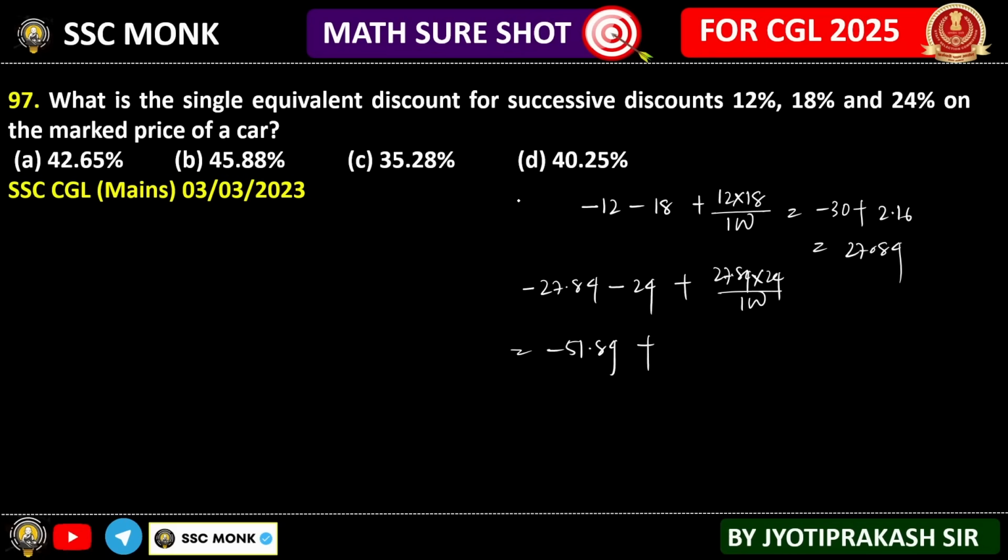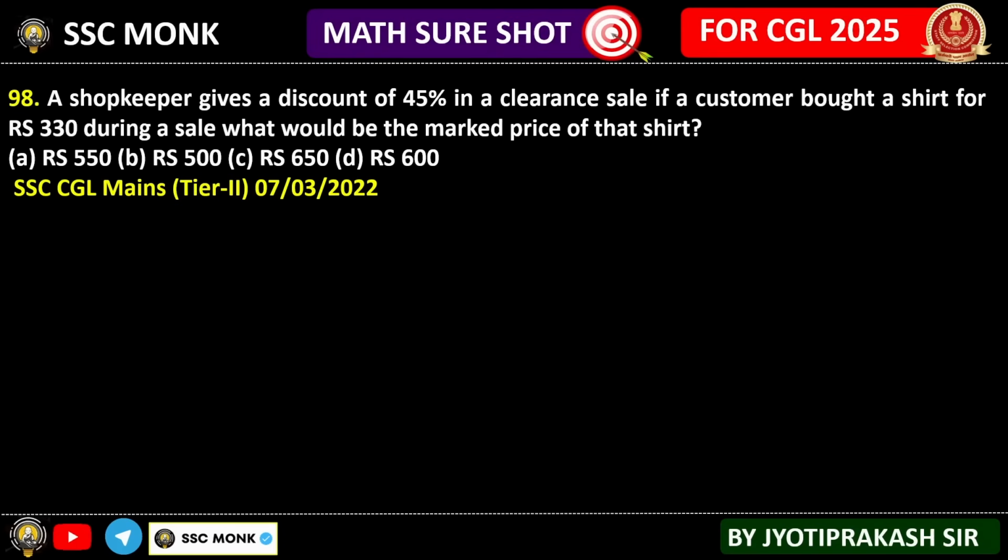This can be written as 51.84 minus 2784 into 24 by 100. So this will be close to 45.88 or 42, I need to check it out. So 2784 into 24, 4 fours are 16, 4 eights are 32 plus 1, 33, 4 sevens are 28 plus 3 is 31, and so on. So this can be written as 6691.6, that is equal to 45.88, approximately that much.